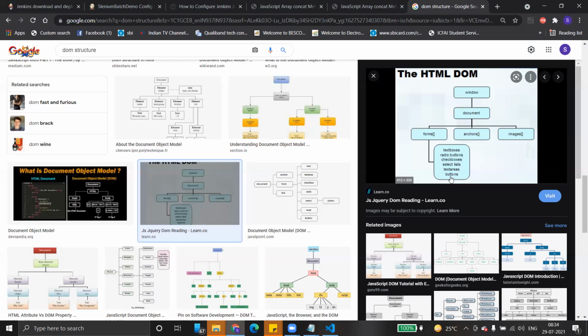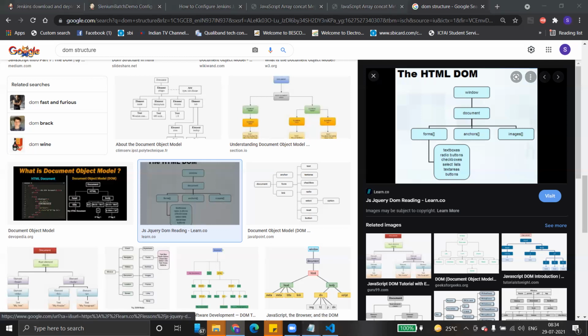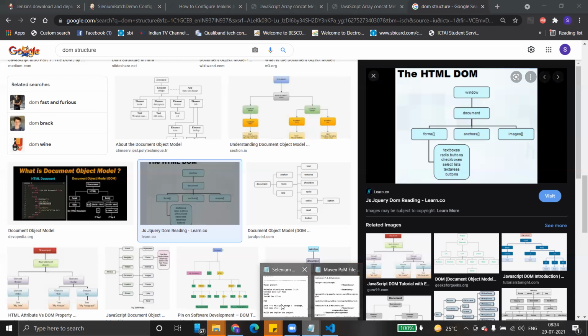If you want to return the element of the document that has a specified value, you can use getElementById. You have to pass the ID. If you want to return an array of nodes by using name, we can use getElementsByName. getElement is different, getElements is different. We'll go through them one by one, better.